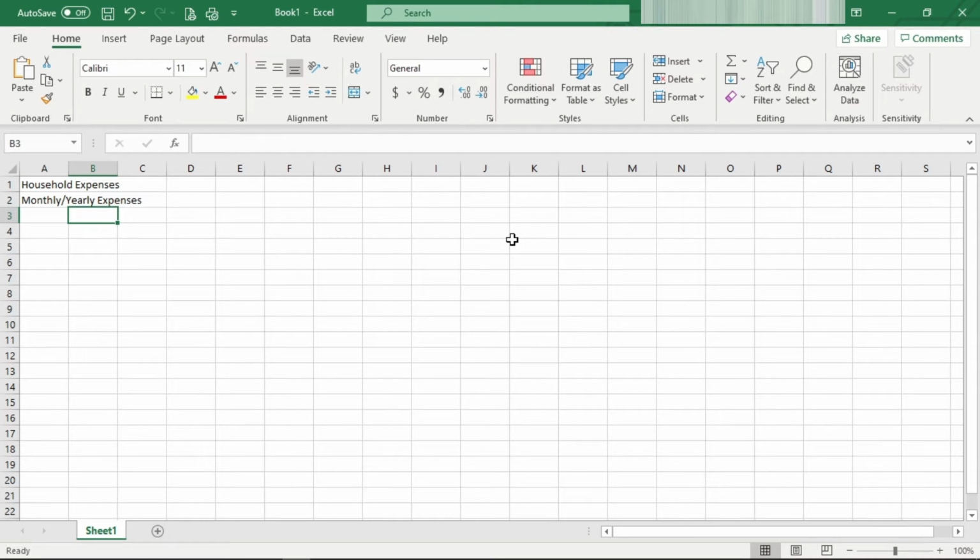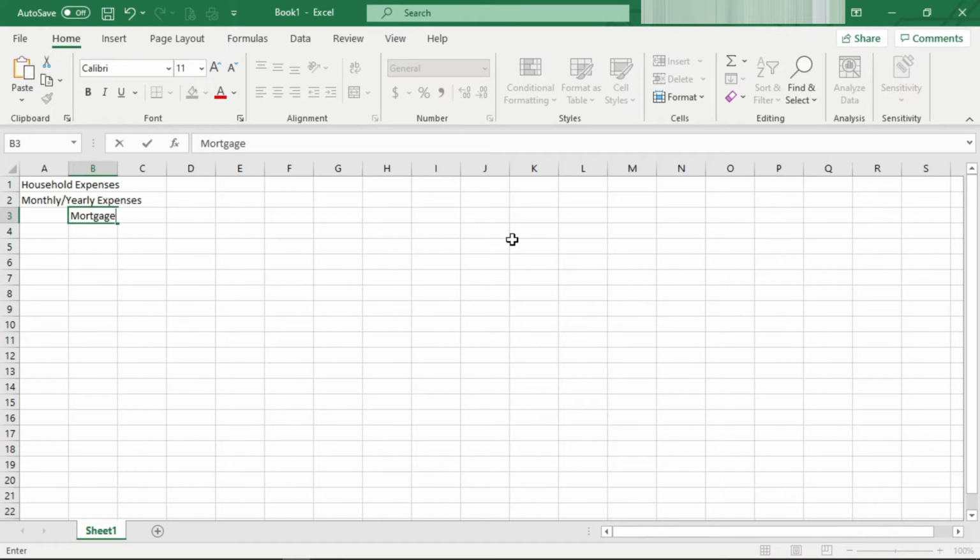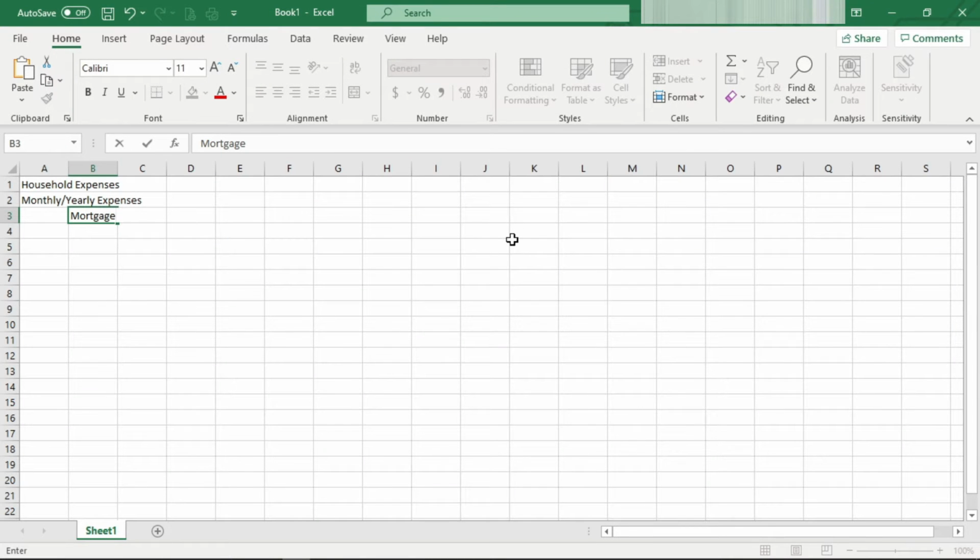In cell B3, I'm gonna type mortgage, which is going to be my first expense for the month. I press the tab key on my keyboard to jump from one cell to the other. Now, cell C3,